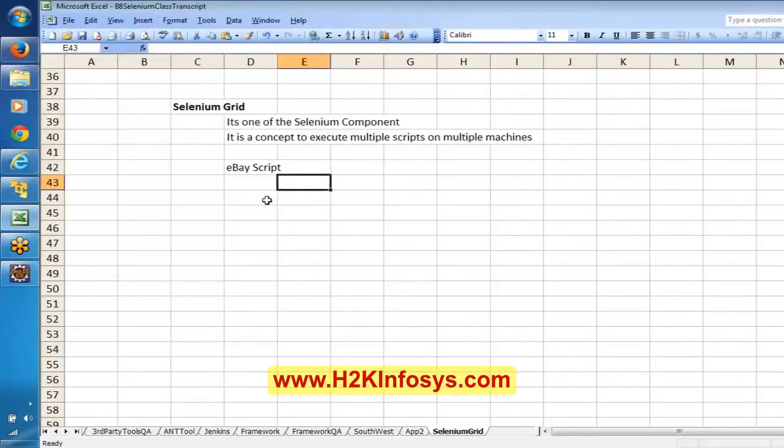So what I'm saying here is, we can test on Windows 7 plus Firefox 28th version. And I also want to make sure that my application is working on Windows 7 plus Firefox 25th version. So probably we need multiple machines to test this, and also test on Linux, say Linux with Opera. With a single script, we can execute on different combinations. For all of these, what we basically need is the infrastructure.